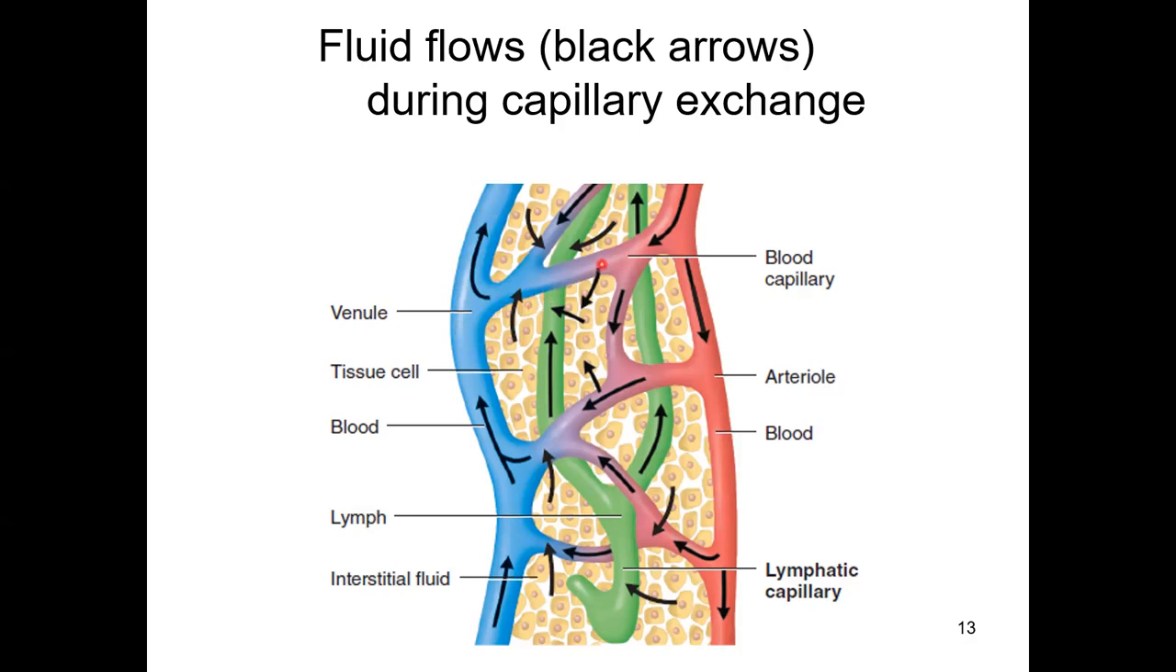So 5 gallons of fluids are filtered, 4 gallons of fluids per day are reabsorbed. This leaves us with 1 gallon of fluid staying among the cells. Now that fluid could accumulate to dangerous levels, so it is absorbed into the lymphatic vessels, and so that accounts for the drainage of the leftover, or the 1 gallon difference between the filtration